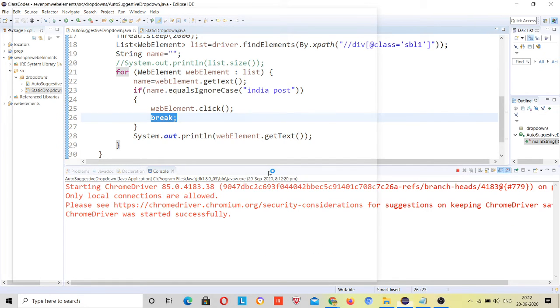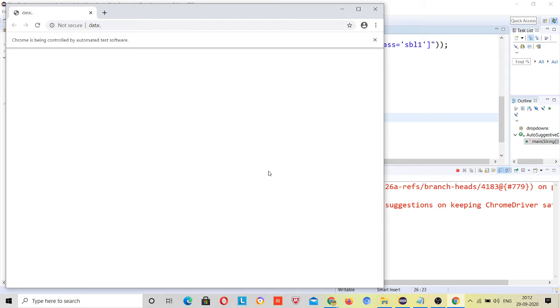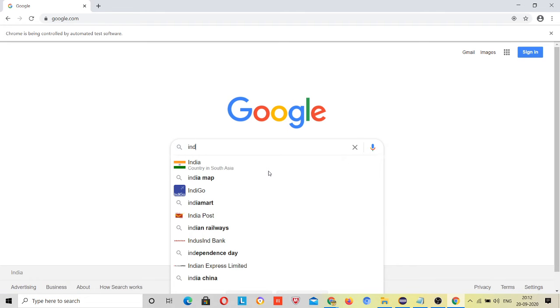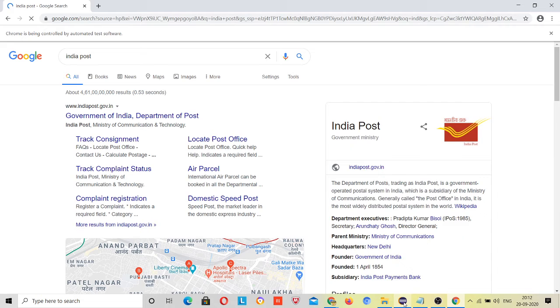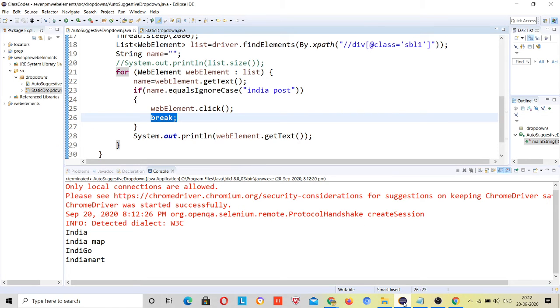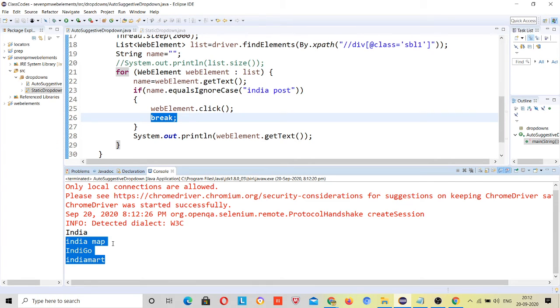I'll run this and I will not get an error this time. See, the rest of the results got printed and you did not get any error, right?